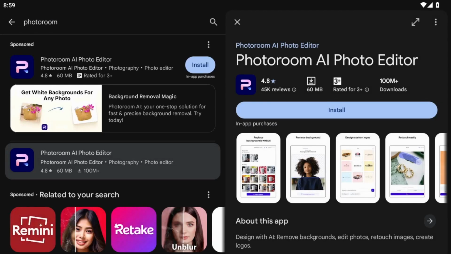Next, type Photoroom in the search bar. Make sure you're spelling it correctly. It's all one word, Photoroom. As soon as you start typing, you'll likely see some suggestions populate beneath the search bar. Once you've typed it out, press the search key on your keyboard, usually represented by a magnifying glass yet again,